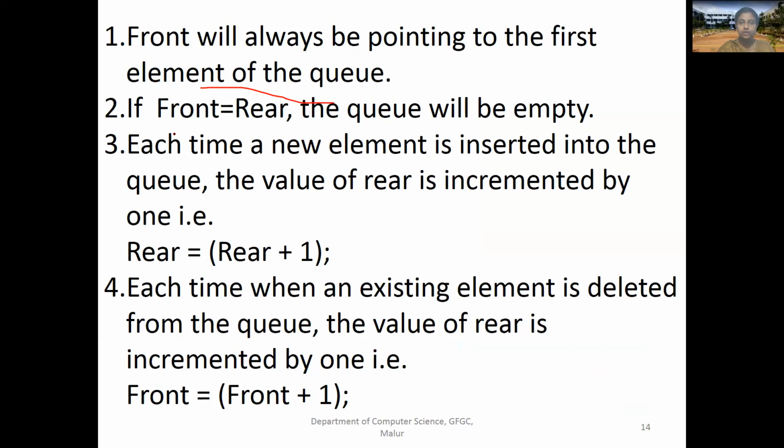If front is equal to rear, the queue will be declared as empty. Each time a new element is inserted into the queue, the rear is incremented. So one element added means rear will be incremented. Same way, one element deleted means front is incremented in the circular queue, so that in a circular motion it will be able to use the memory